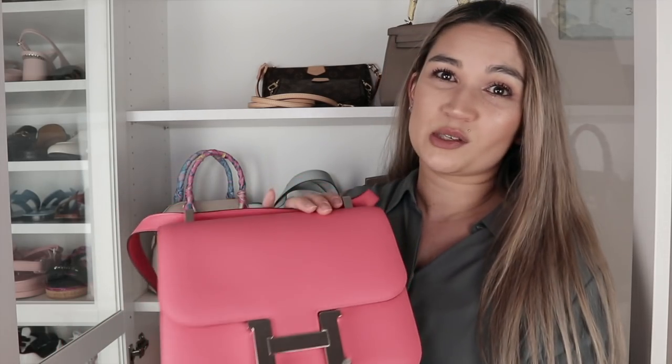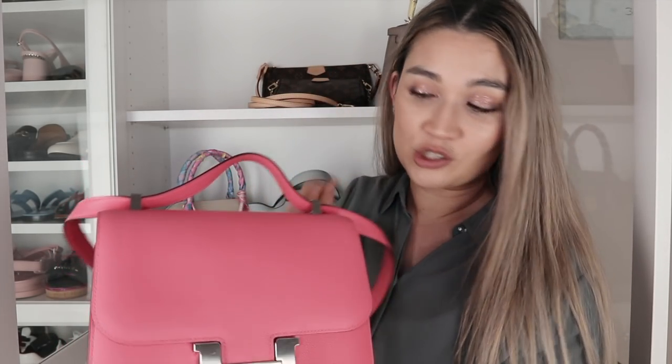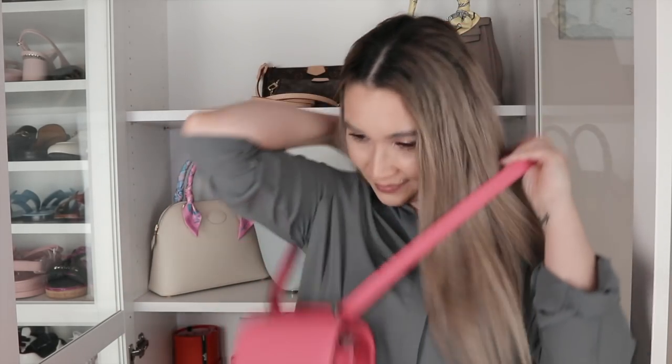Or I wish that there was a way that they reinvented the Constance, that you could actually remove the strap, like it was detachable and you could attach your own Hermes sangle strap, that'll be really cool. Or if they made the strap adjustable so that it had more length, like Hermes, think about it, seriously. But yeah, I wear this bag crossbody mostly, but the thing I find disappointing about it,